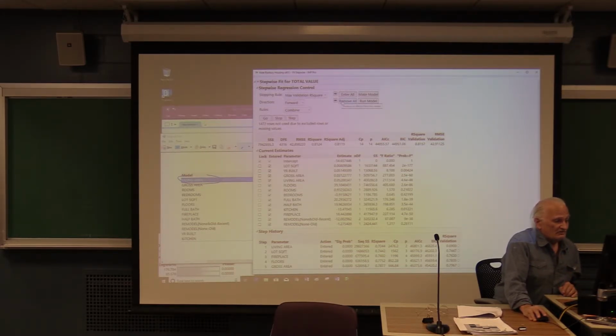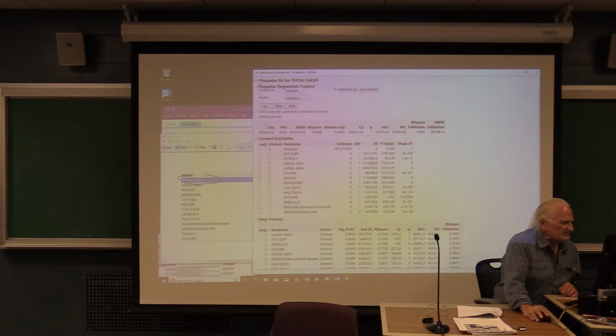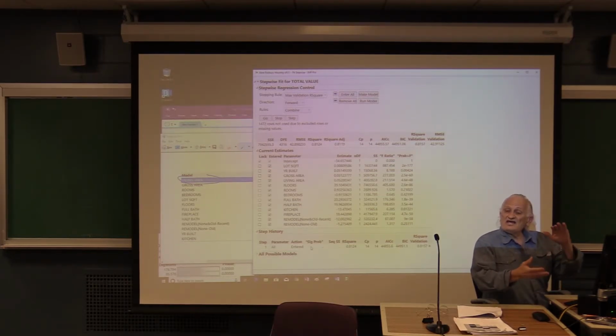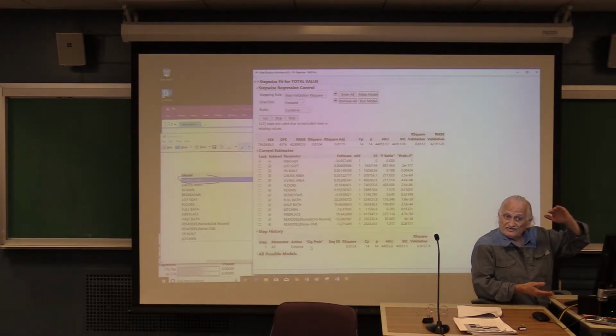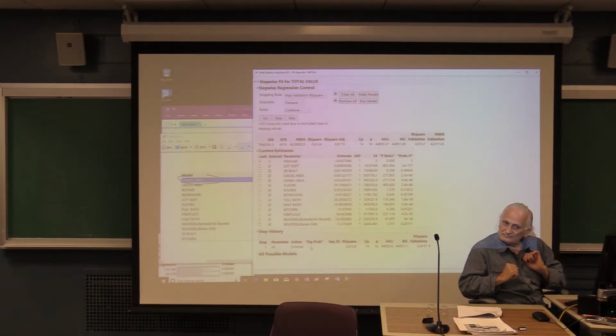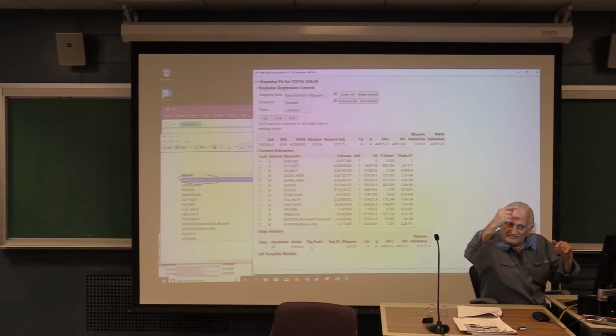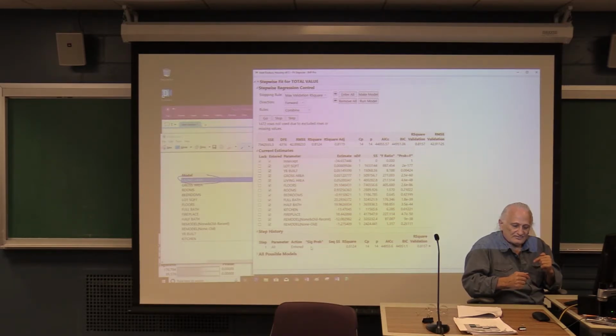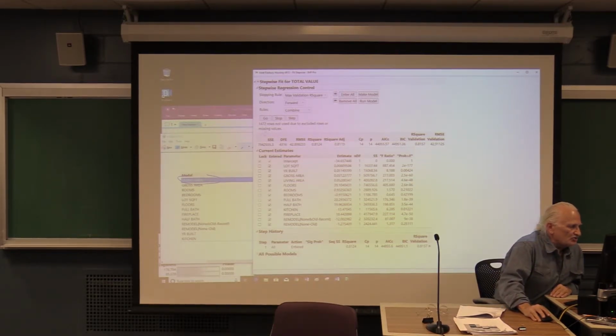Now let me remove all of them. You see this history? I want to clear it. Clear the history. And I want to change it so the direction is backward. And then click enter all. So this says the following. I am including all of the predictors, and I want you to take out the ones that are least significant. So this is the opposite of what we did before. Forward starts with nothing, and it adds the predictors. Backward, you have everything, and it takes them out one at a time. If I click go,